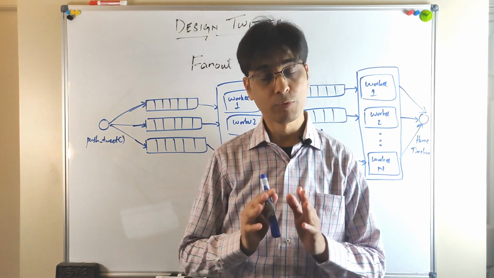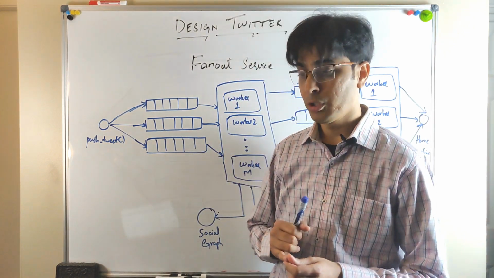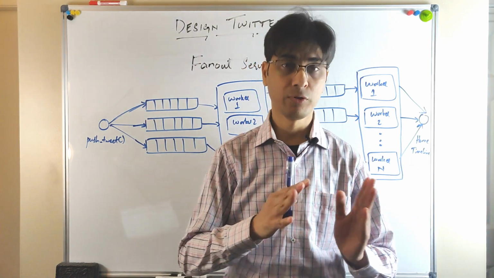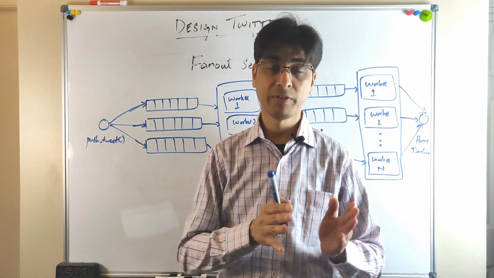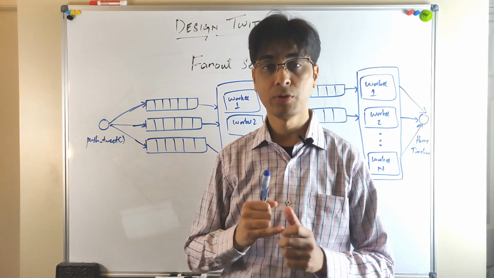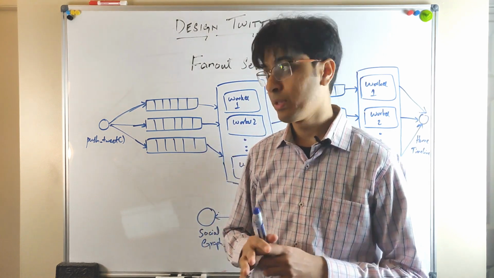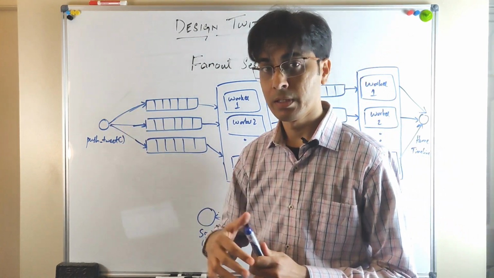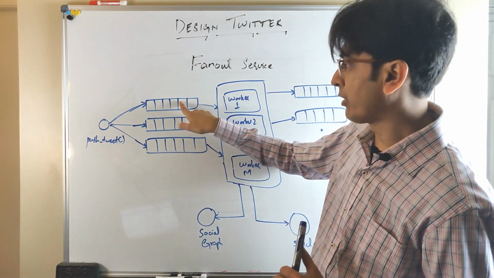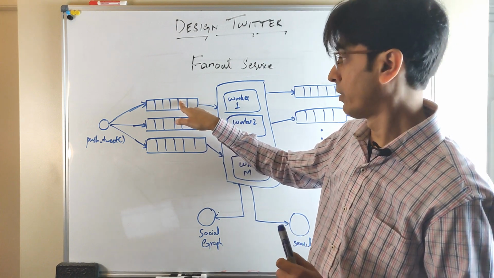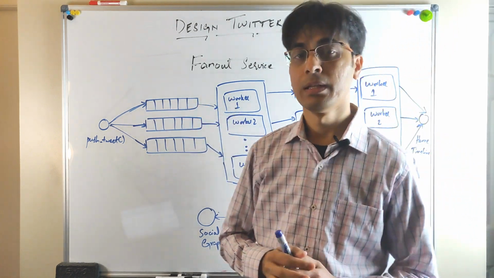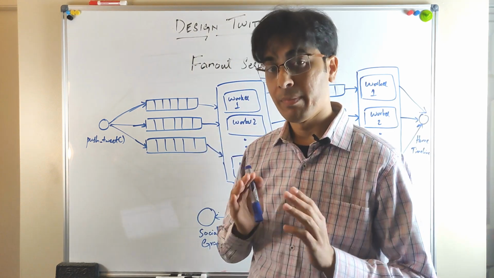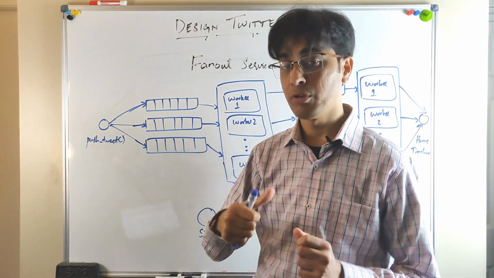Now I have some questions for you. First of all, what do you think, will these queues be standard queues or strictly FIFO queues? Let me tell you the difference between the standard queues and the strictly FIFO queues. In standard queues, the messages in a queue can be processed out of order. So it's totally possible that the message here could be processed before the message here. While in strictly FIFO queues, the messages are always processed in strictly FIFO, that is first in, first